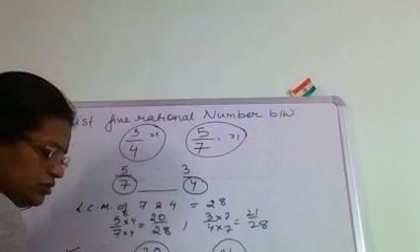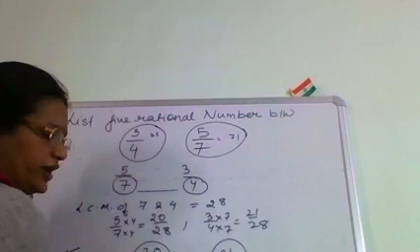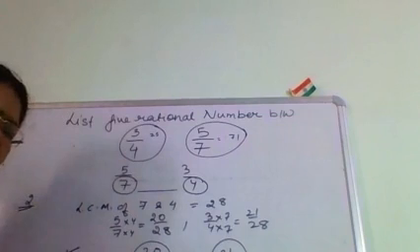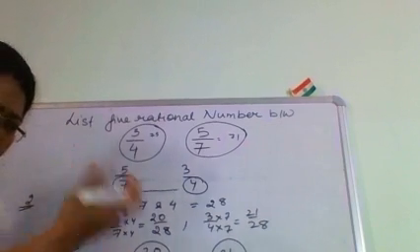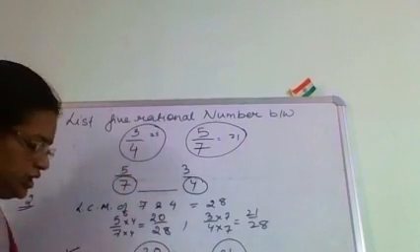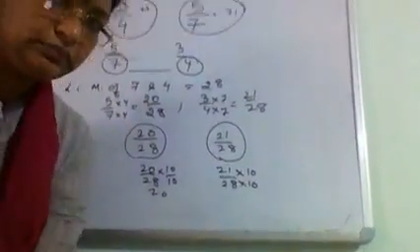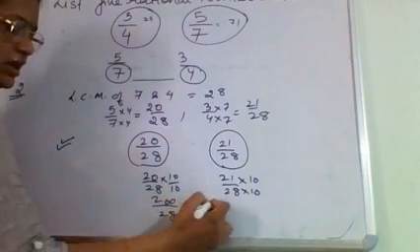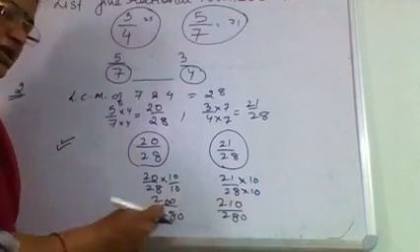How come? 20/28 into, say, 10. If I have to find fewer than 10 numbers, the best part is you can take 10. If it is more than 10, take 20. More than 20, take 30. More than 30, take 40. It is up to you. So it is 200 by 280 and 210 by 280. Now I can easily find numbers.